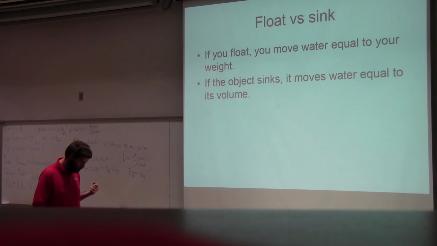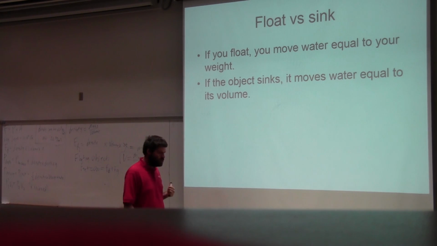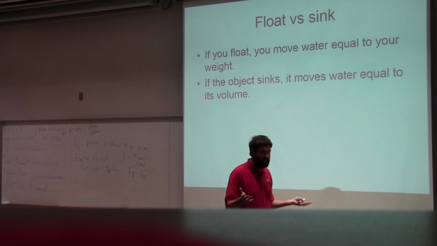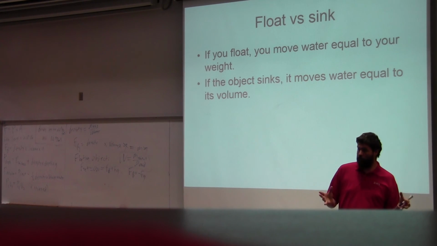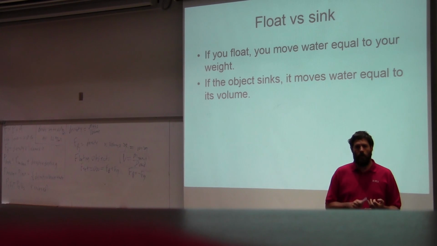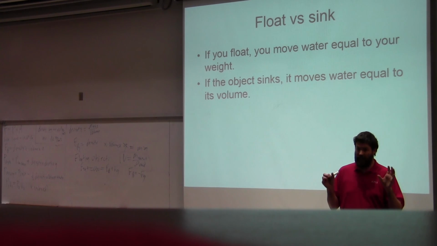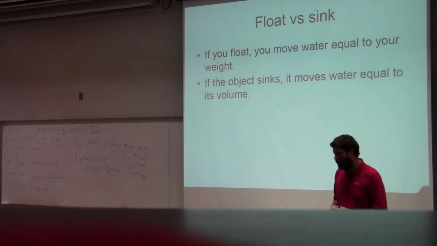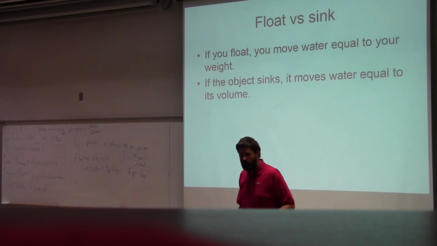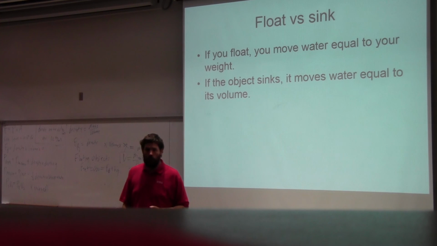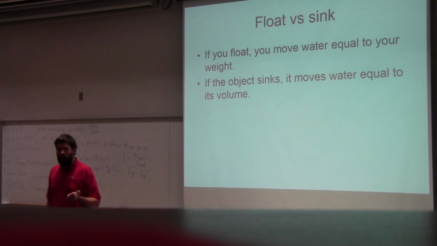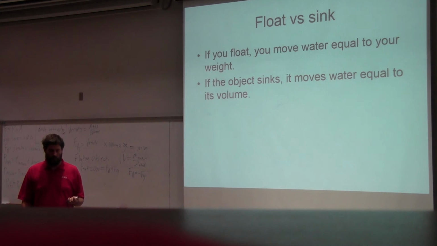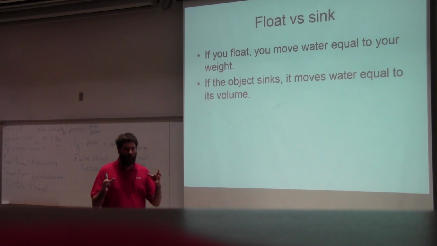How is that possible? Well, let's examine the water that gets displaced by the anchor. When it's on the ship, it's floating, it's going to displace water equal to its weight. And it has a lot of weight. When I throw it overboard and it sinks, it is now going to displace water equal to its volume. Its volume is much less than its equivalent in weight of water by a factor of 8. And so whatever the volume of the object is,